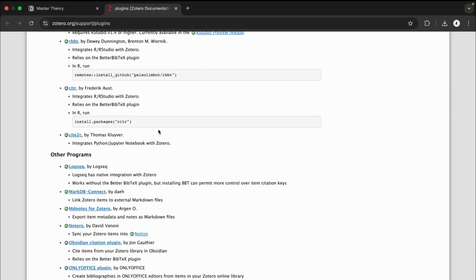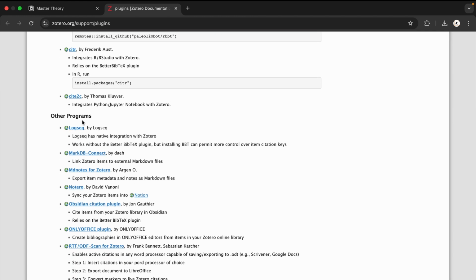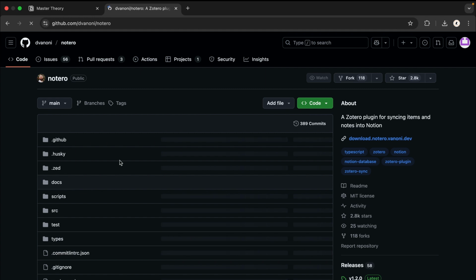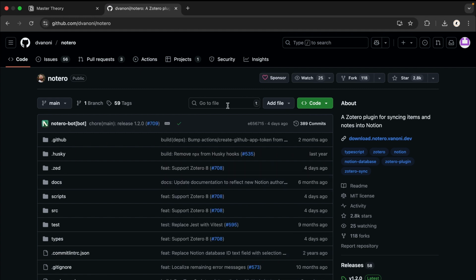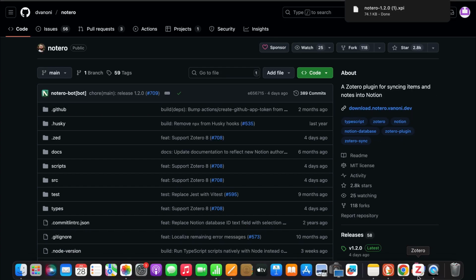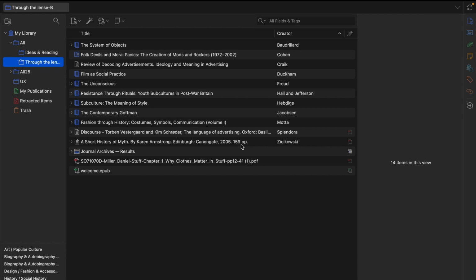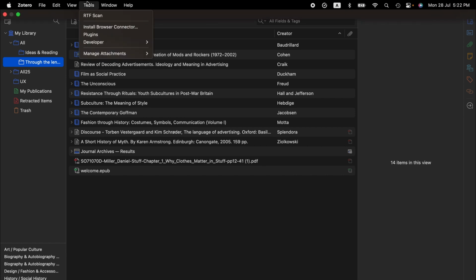From there, if you go all the way down to here, other programs, and then Notero, and that will take you to the GitHub repository. From here you can simply download Notero by clicking on this link. Okay, so now I'm going back to Zotero, and from here we go to tools menu again, from there plugin,